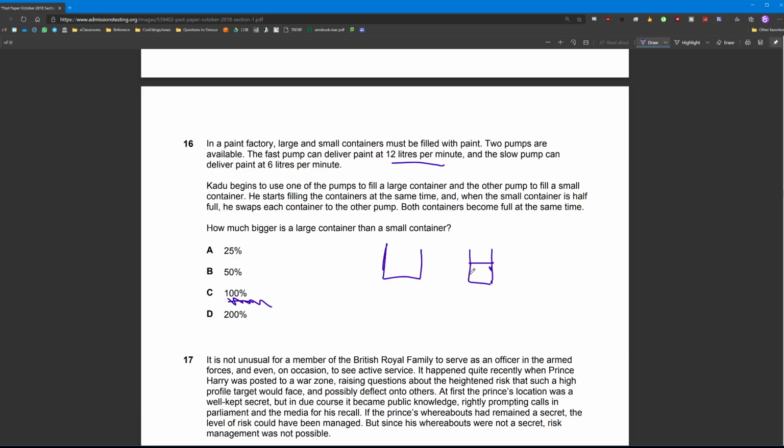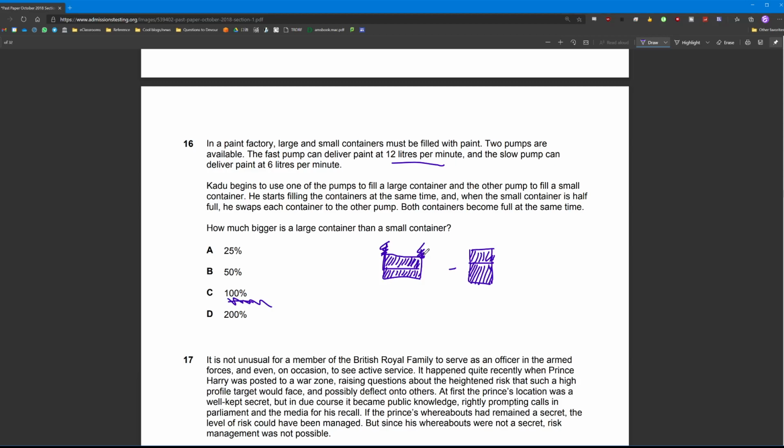That means the small container being half full, you would have a quarter full large container. And switching this over to the fast pump means that you'd get a 3/4 full large container with a full small container because it takes double the time. So I think perhaps then the large container is only 50% bigger because a small container filled